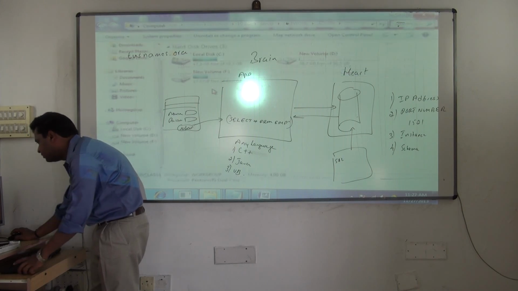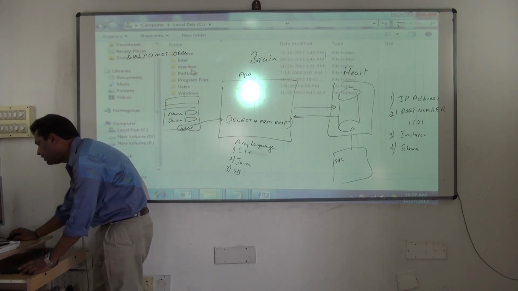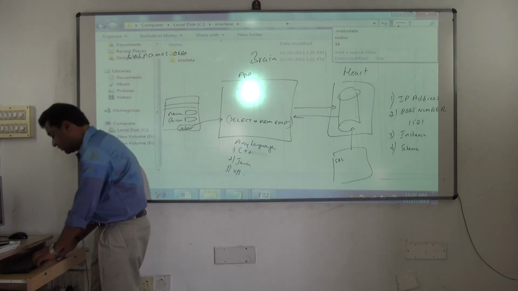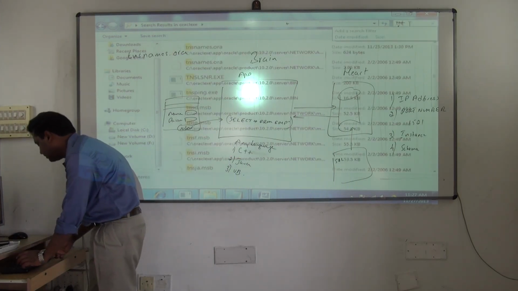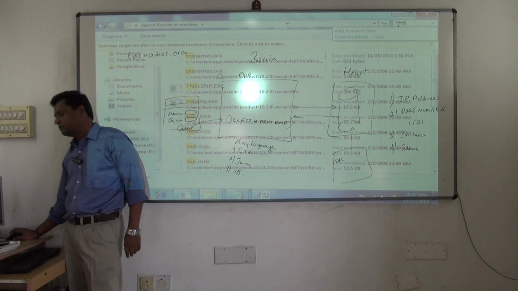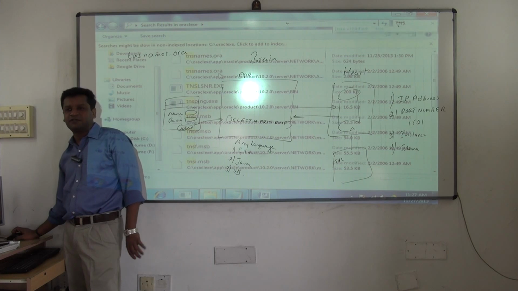See, one more way of doing the search is go to C drive, go to Oracle exe, click there, you click on search here. This is the best way. You don't have to memorize. Don't write everything. tnsnames.ora, already it is displaying here. You got a very powerful Windows search now.